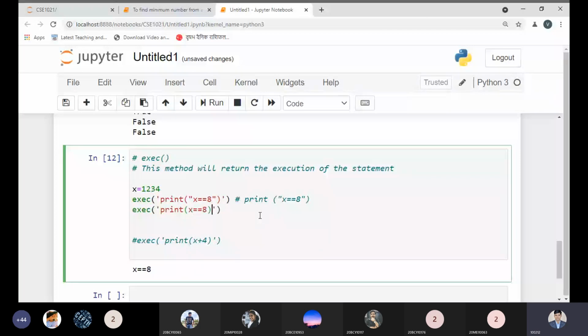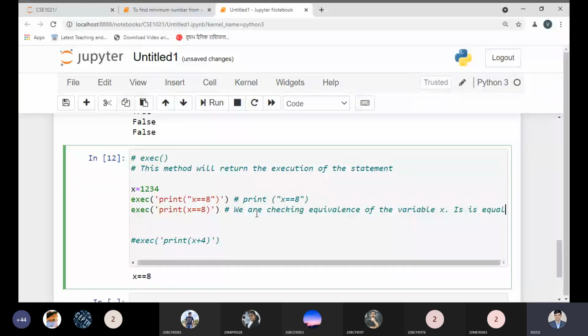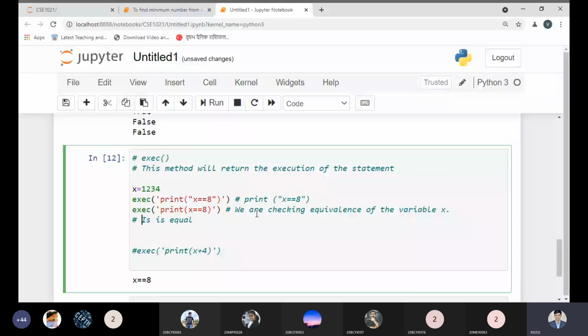So what does it mean? Here what I'm doing, here we are checking the equivalence of the variable x, that is, is it equal to, just let me write here next name, is it equal to 8 or not?